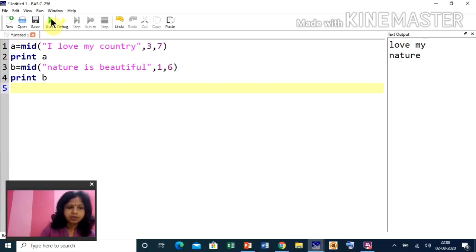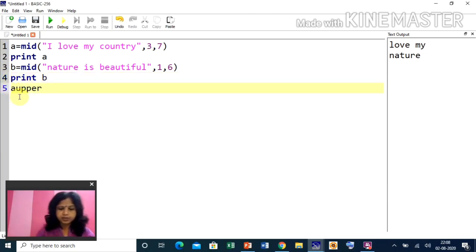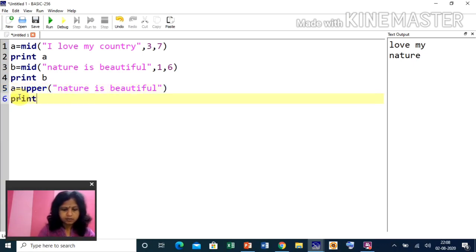Now comes the upper function. What will this upper function do? The upper function converts the string to uppercase. That means if the string is written in lowercase, suppose I write a equals upper and give the string in small letters, close it, and then print.